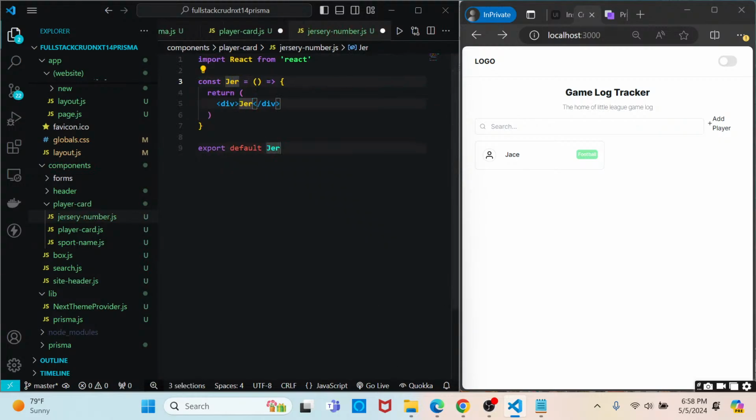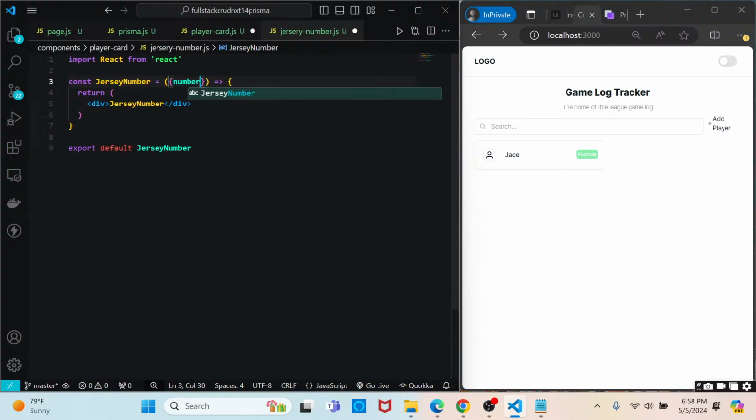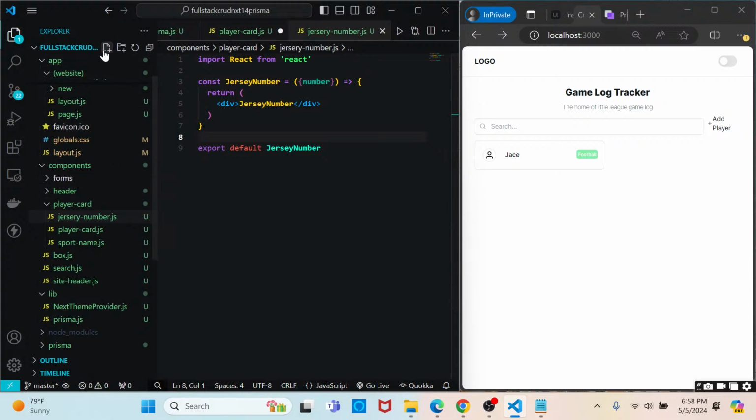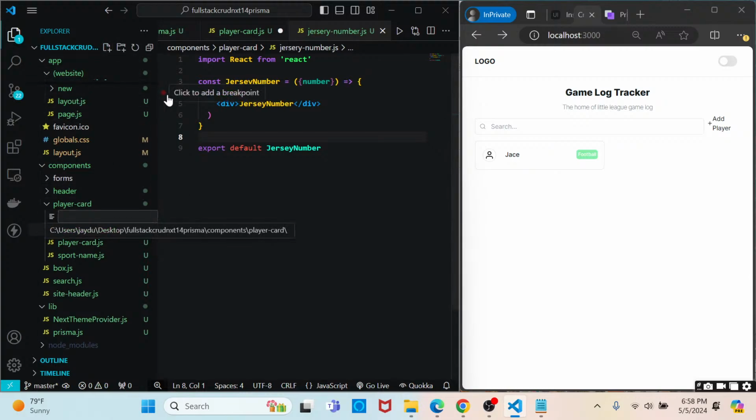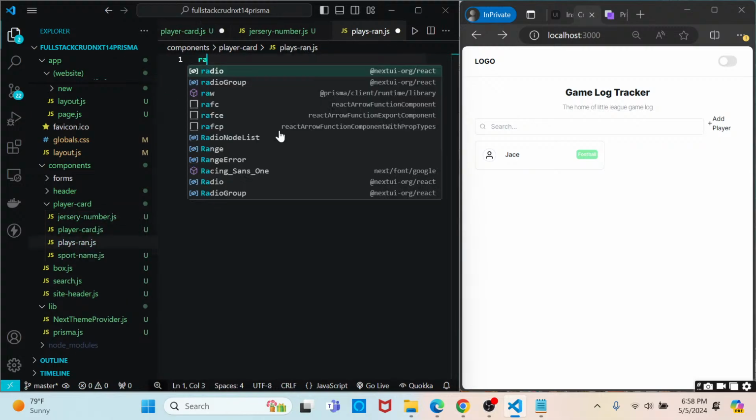We'll go jersey number, and we'll pass in number. And while we're at it, let's just go ahead and create one more file. We're going to name it plays-ran.js, RFCE,